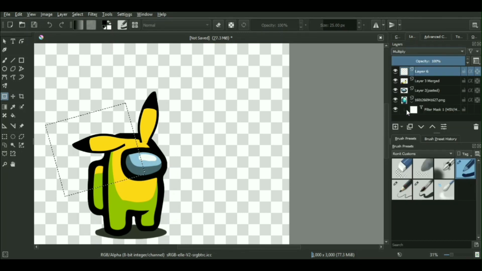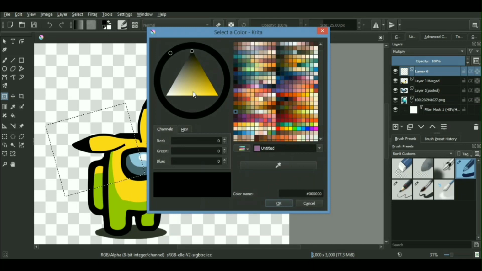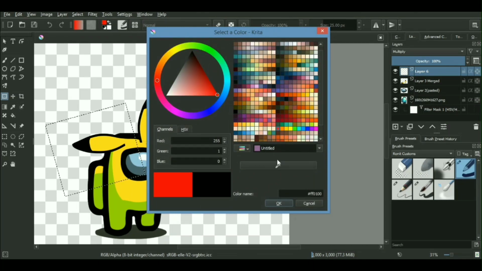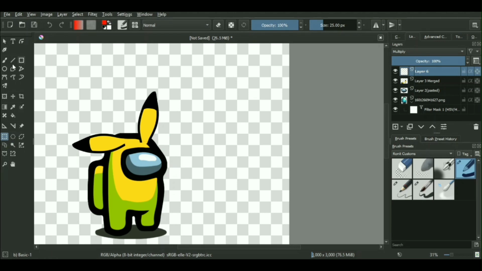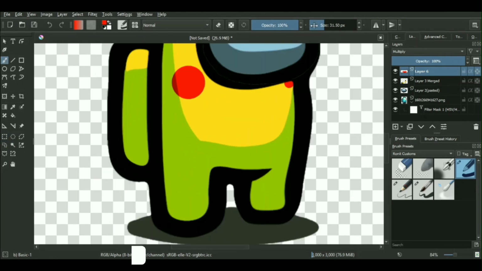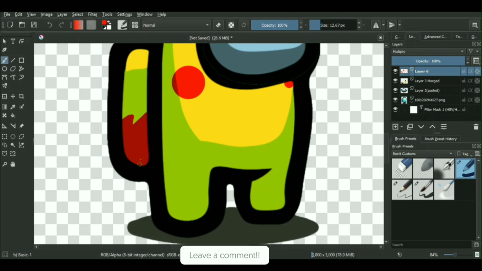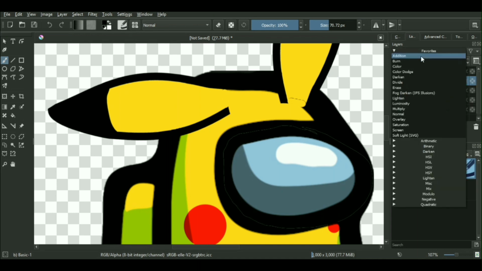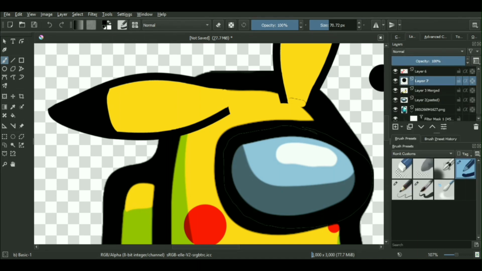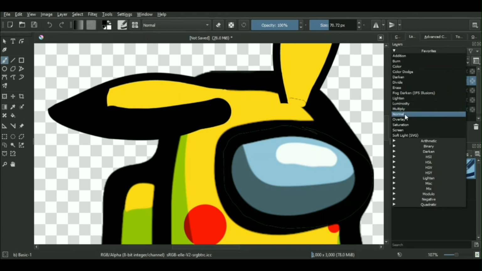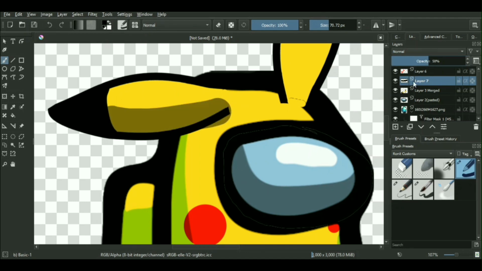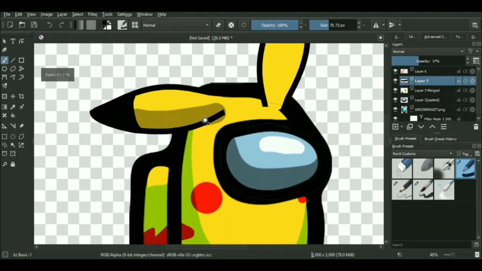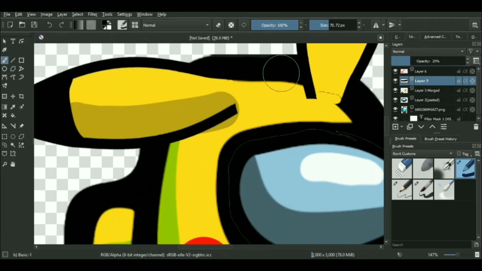Now for the red spots, we will be making a new layer and setting its layer mode to multiply. Now just select the red color, start drawing these red spots wherever you want them to be. Now for the extra shadows on your ears and other body parts, what you can do is you can just simply create a new layer with the opacity up to less than 50% and start drawing thick, dark yellow or greenish sort of lines to match the original shadows. And after you have done with that, you're good to go.